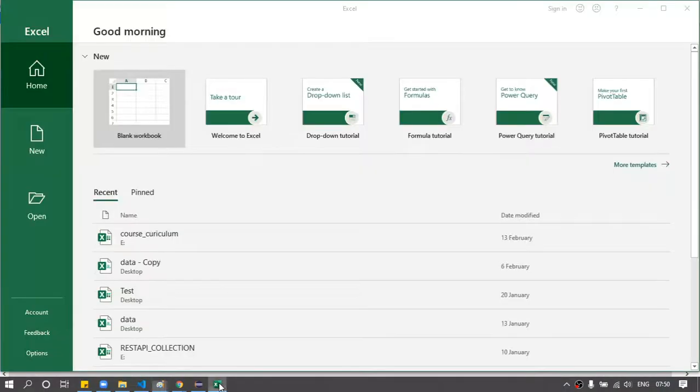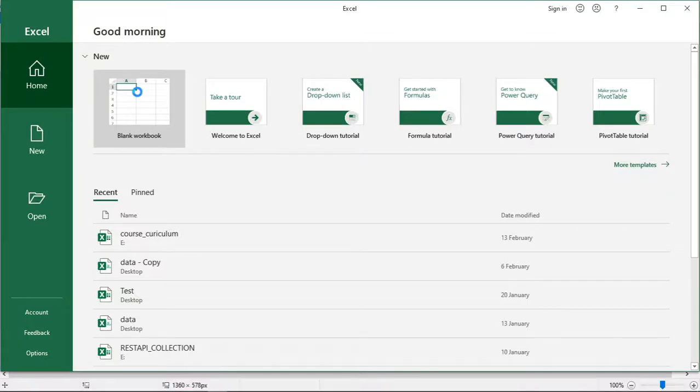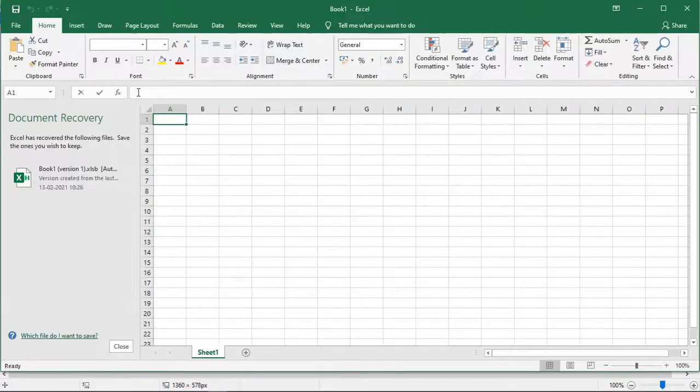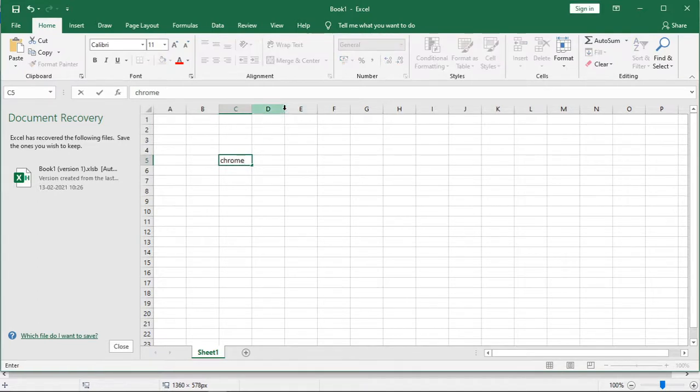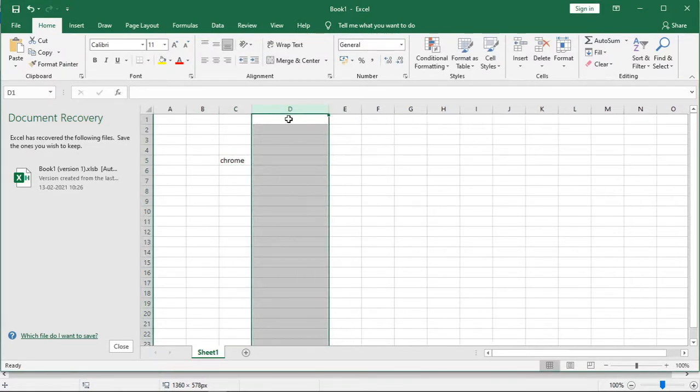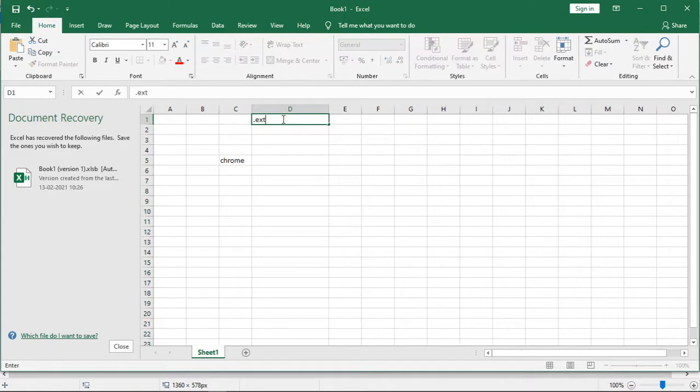So in our Excel, let me write: if I want to run on Chrome browser, the .exe file name is Chrome driver.exe, right?